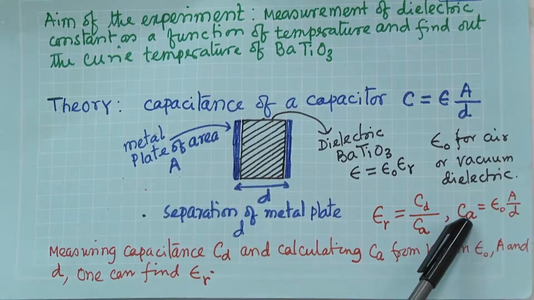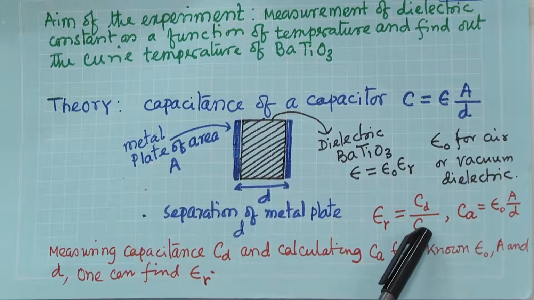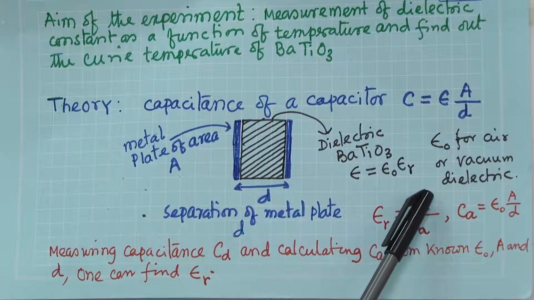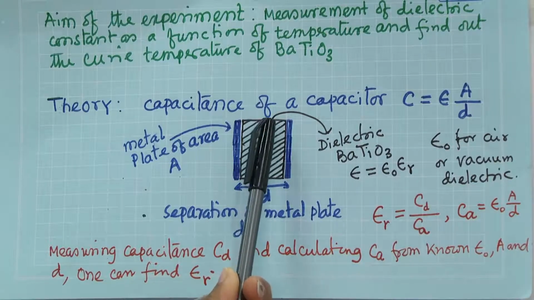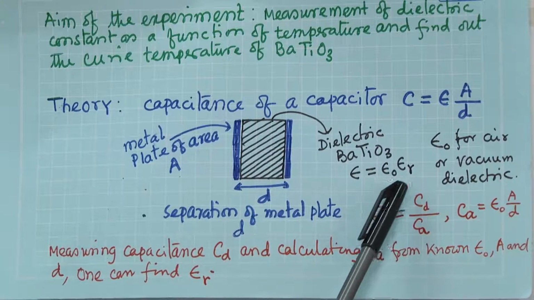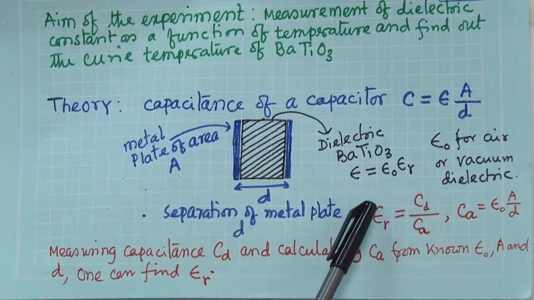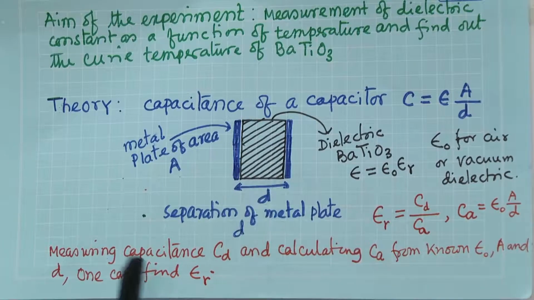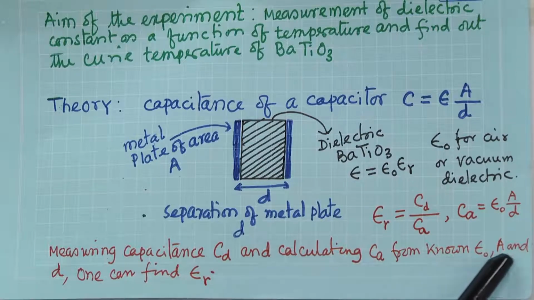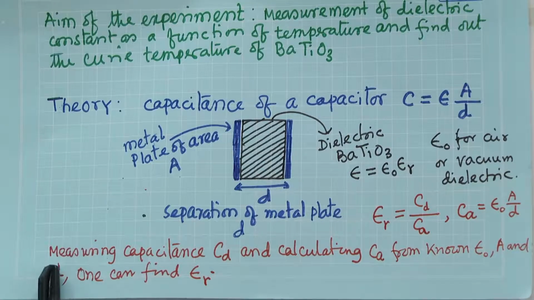So, Ca we can calculate. Ca is known to us, then Cd with this dielectric, if we can measure this Cd, then we will get epsilon r. So, measuring capacitance Cd and calculating Ca from the known epsilon 0, A and d,